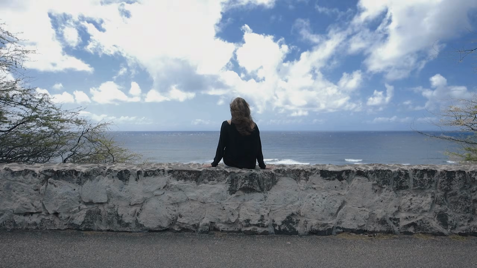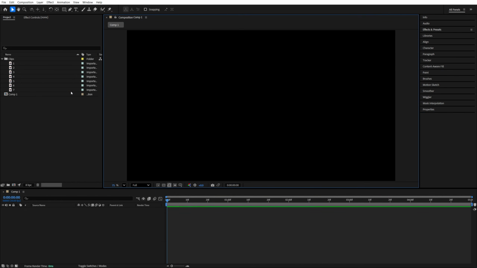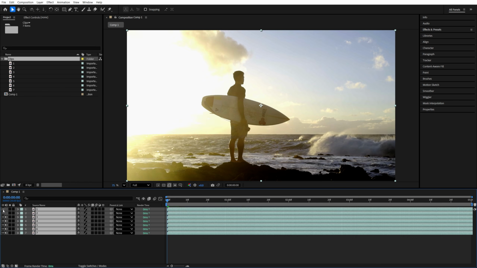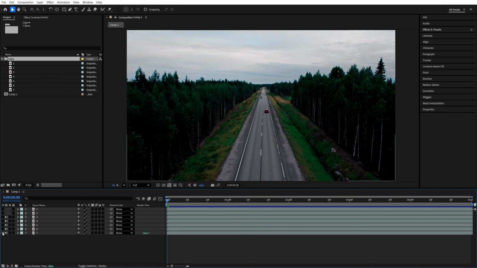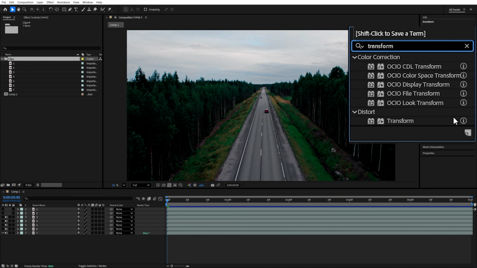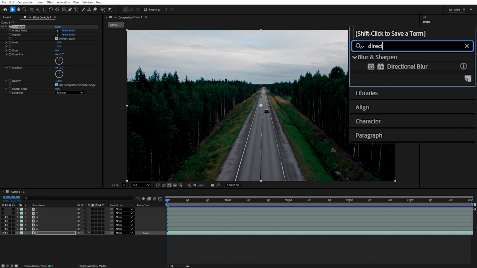In this video, I'll show you how to create a rapid shutter effect in After Effects. Begin by adding all of the video clips you want to use inside of a folder, then drag that folder onto the timeline, hide the visibility of all of the layers except the very bottom one, then open Effects and Presets window, search for Transform, add Transform to the bottom layer, then search for Directional Blur, and also add it